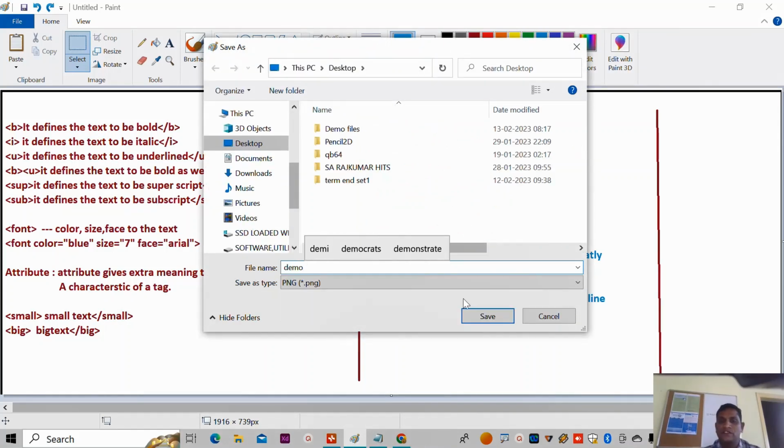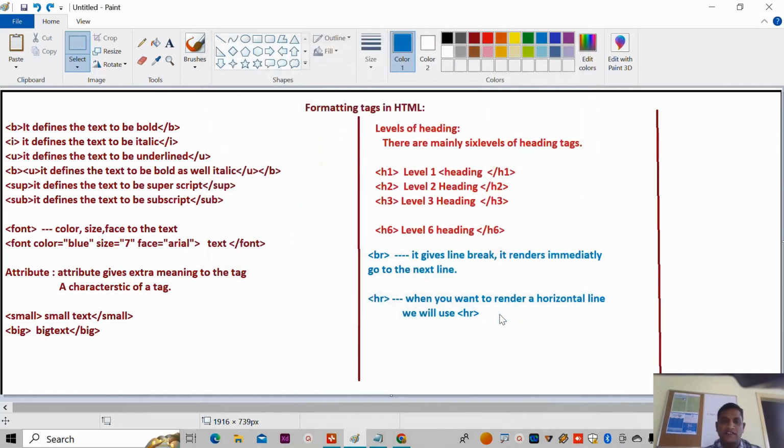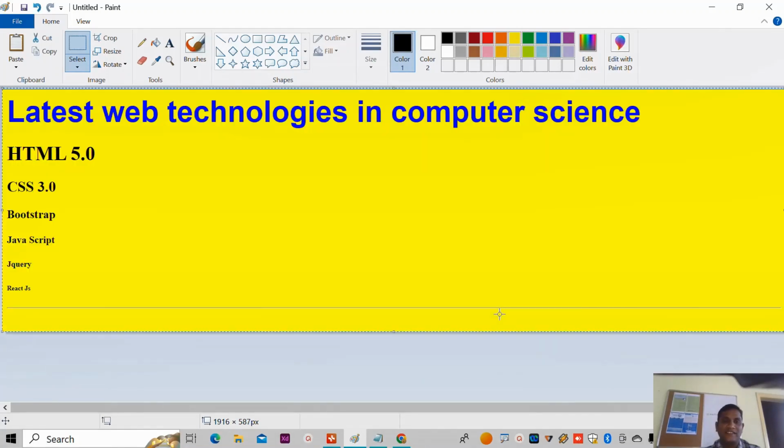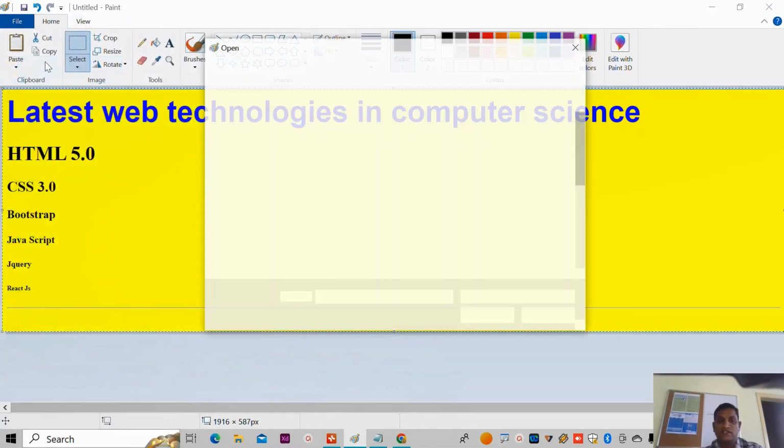Demo. Save it. Here also you can save it for your reference. This is about the first HTML web page designing, first web page designing in computer. Now we'll write some other tags we used. We'll write that example also. Then you come to know